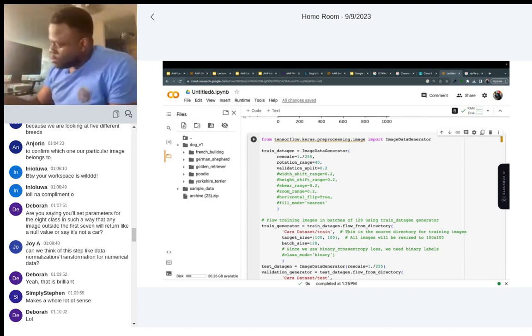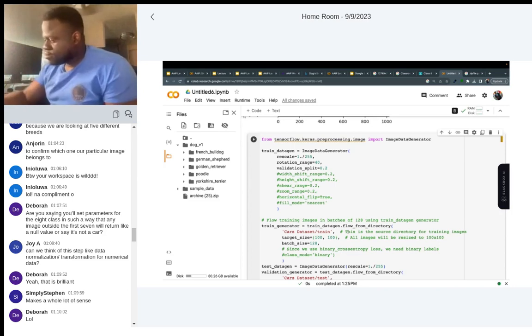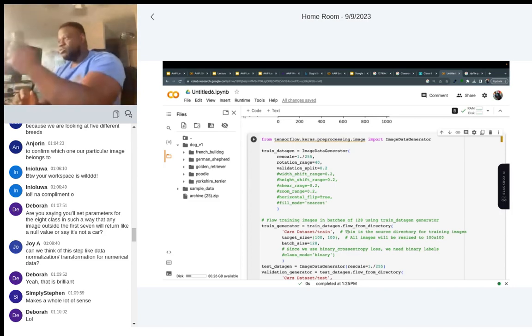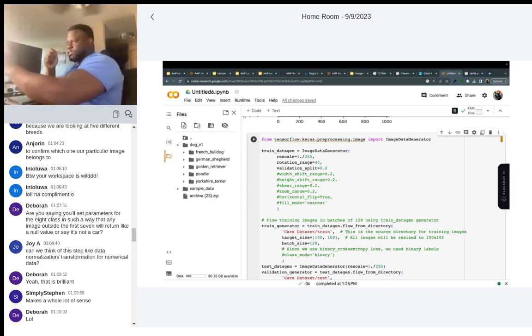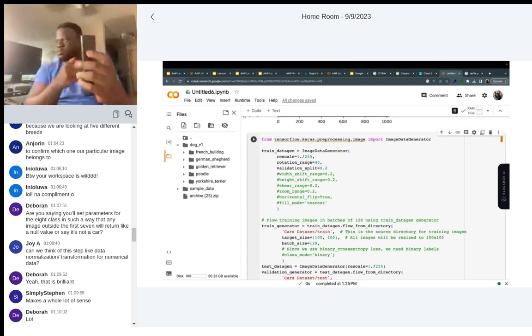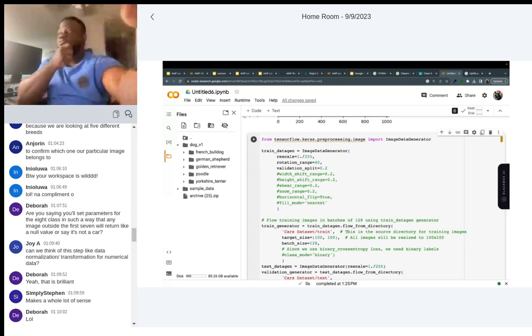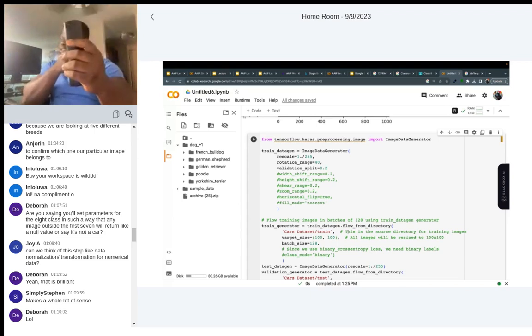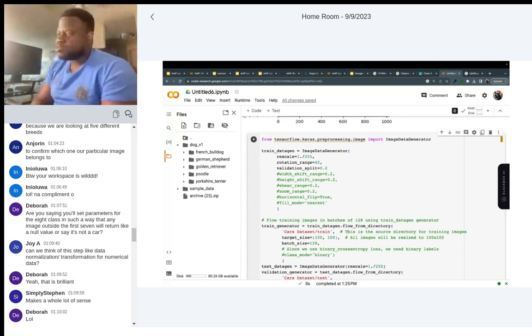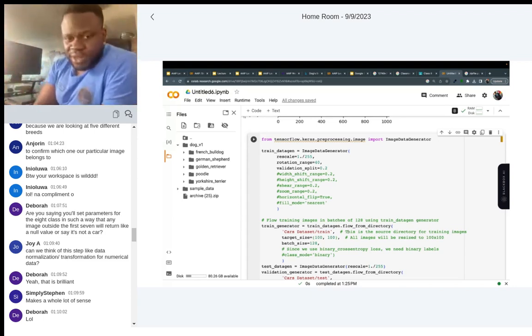Data augmentation, if you remember from last week, is a situation where if I want to classify a remote, imagine I take all the images from this distance. Can you see me? Okay, yeah, this is the camera. Imagine I take all the images from this distance. What if they give me a remote at this distance? Will my model be able to classify it? What if they give me the remote at this distance? What if they give me the remote here? That's why we need data augmentation.